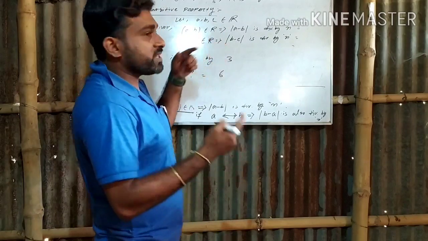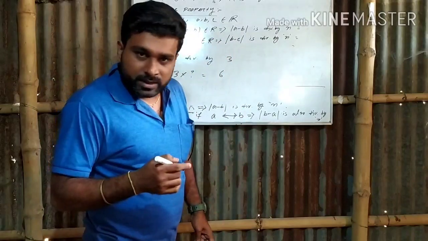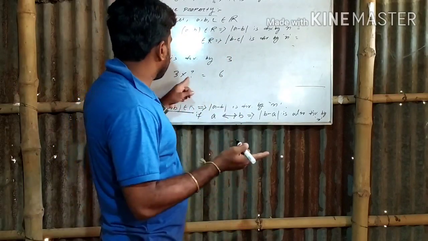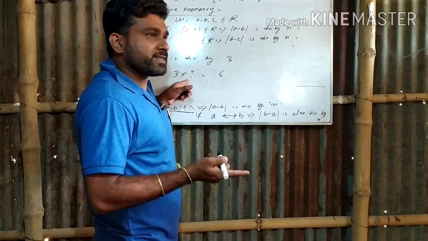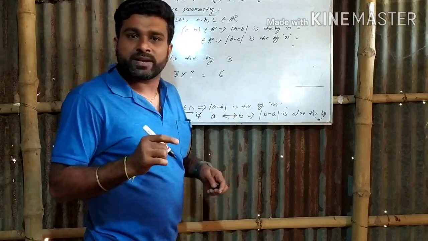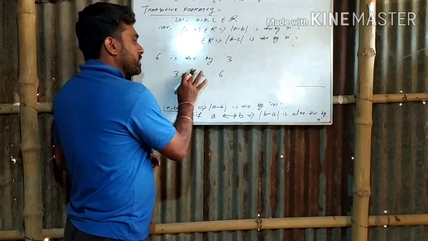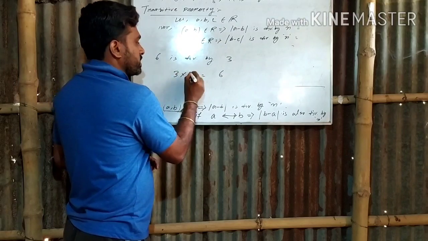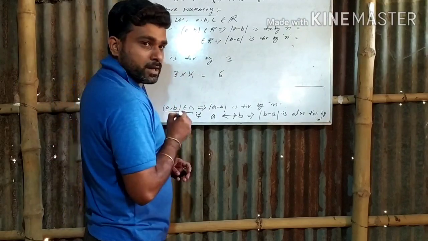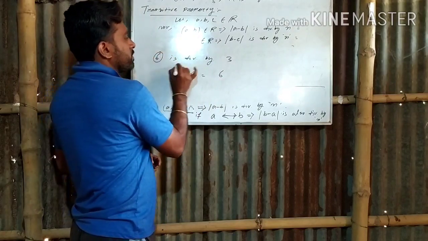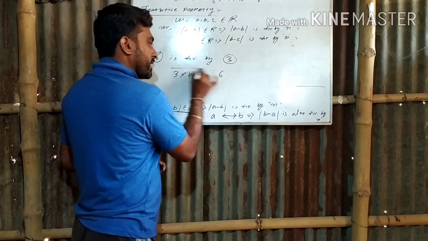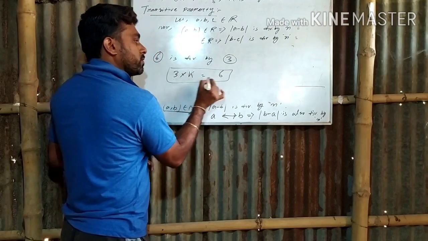But if you have the general numbers A, B, C, n, then you can't say what will be the number in place of this. So in this case we have to take a general constant here. So here something means what? Any constant. This constant can be written as k. So 3 into k equals 6. So that means 6 is divisible by 3. That means, how can I express this line? 3 into k equals 6.